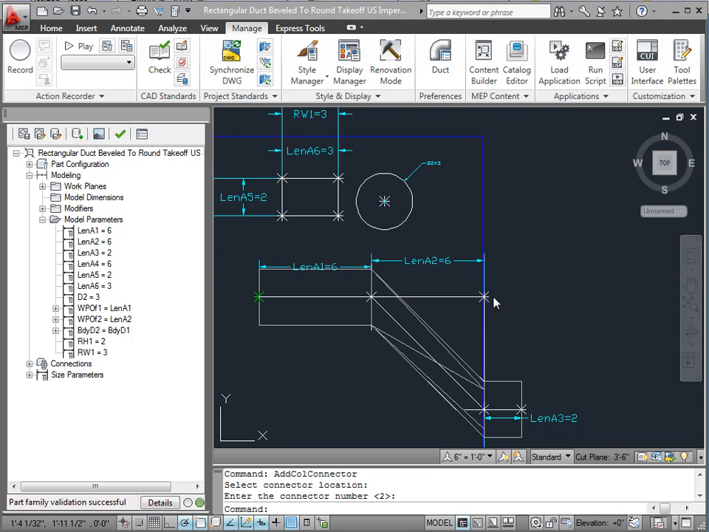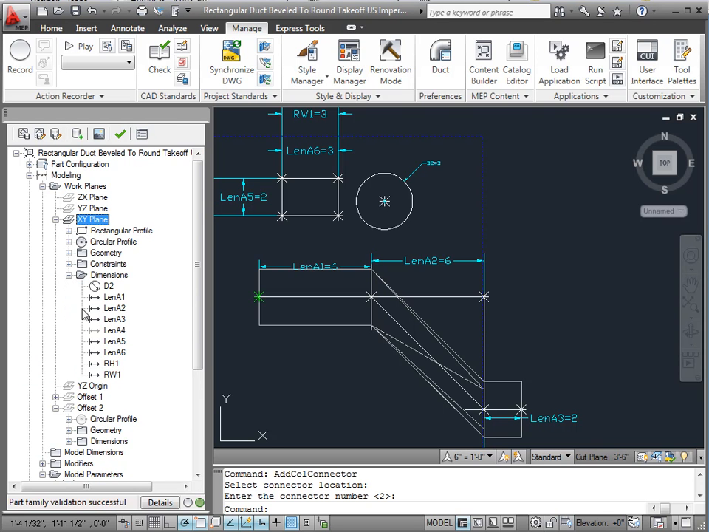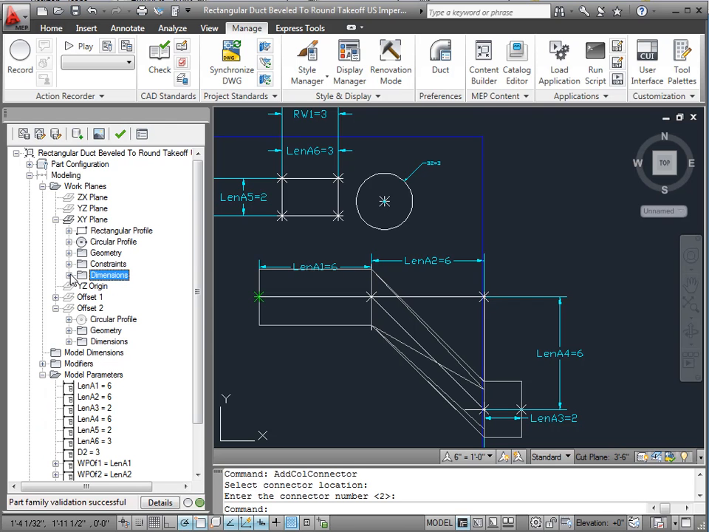So I notice we're missing a dimension here. Dimension from here down to that center line. And we're going to need that. So let's go back here to work planes, X, Y, and go back here to dimensions. Yeah, we missed that one right there. Okay, so the distance from this point to the edge up here, and we bring that straight over here. We want this edge to always be